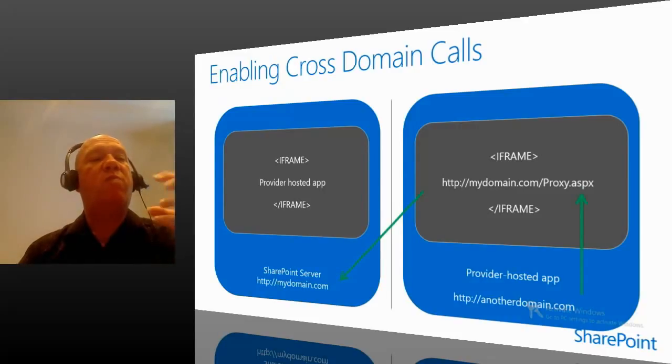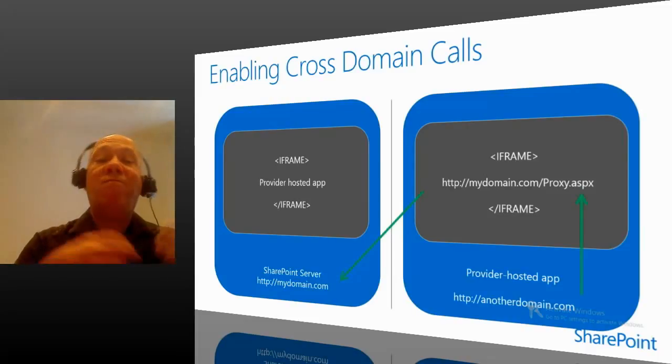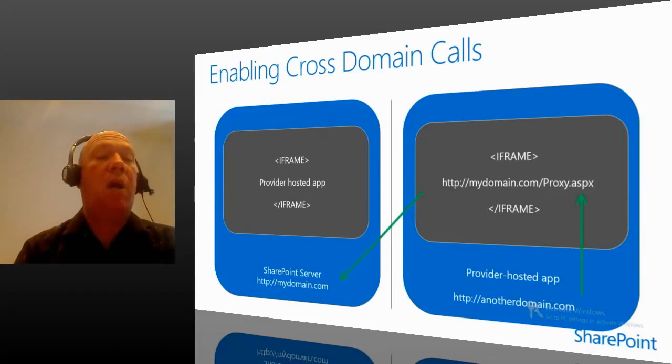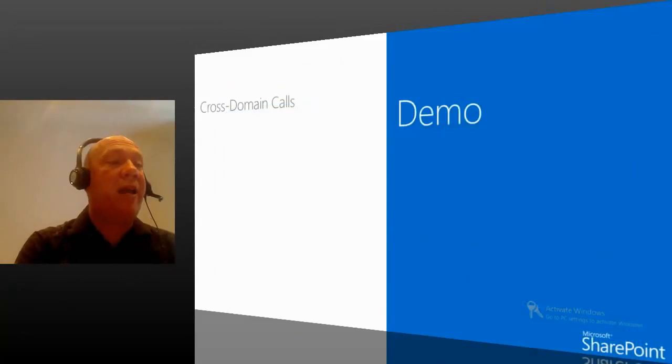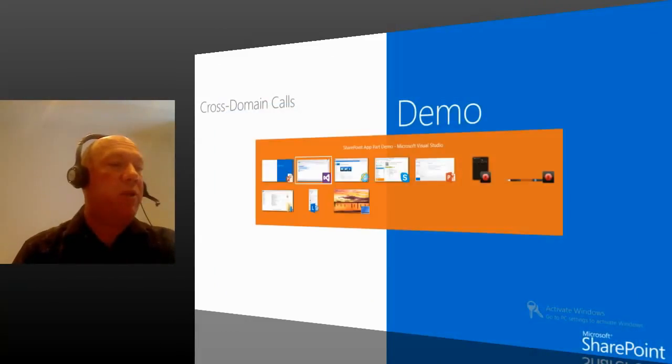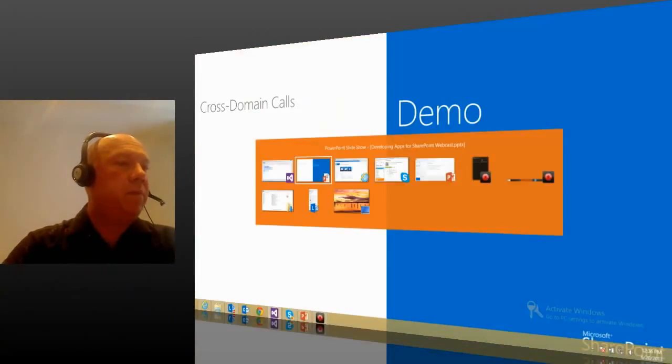So by going through this proxy page, you have the ability to avoid the cross-domain problems. Okay, so a nice, simple mechanism for accomplishing this. As I said, elegant. Your first instinct might very well be, this isn't nice, but it works, and it's nicely automatic. So just so you can see what it happens to look like, let's pop open